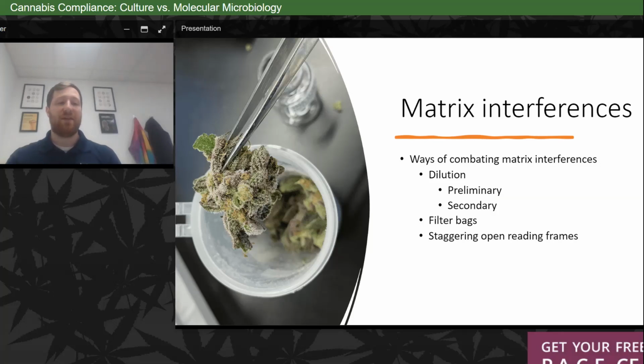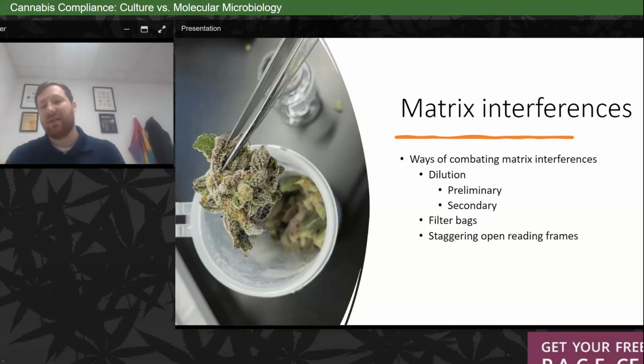Now, the important thing we need to make sure we're doing here is mixing appropriately, and also still meeting the detection limits and the action limits that the state is giving us. The second may be a secondary dilution. This more often takes place in the case of a molecular base where you've extracted the DNA, you have your DNA, and it may take another dilution